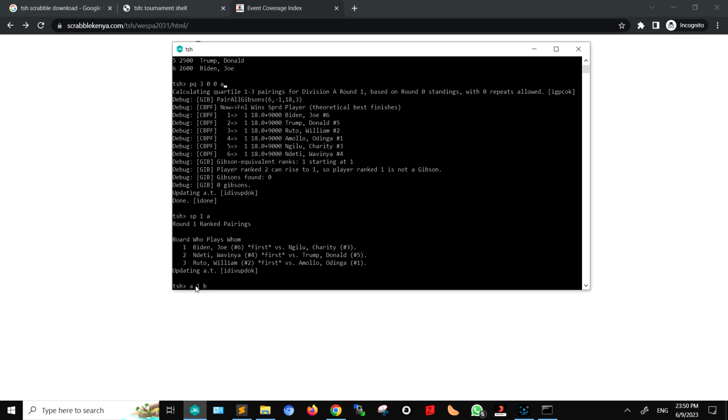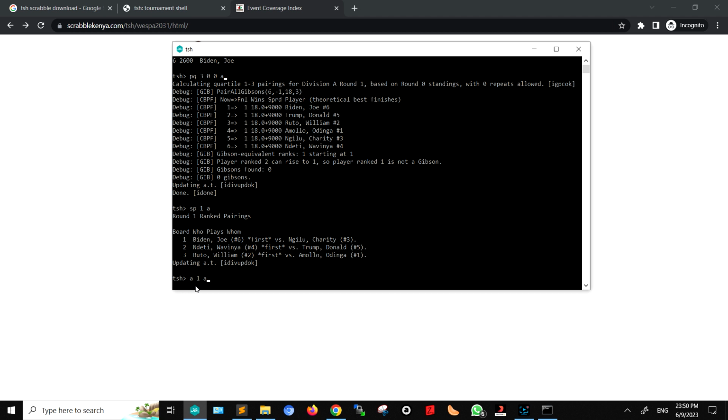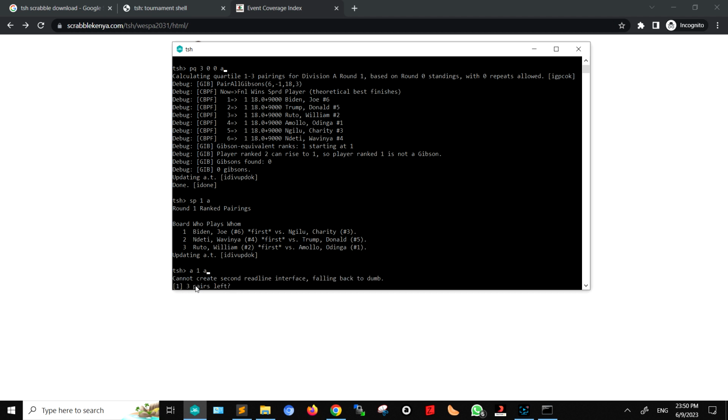If you have three divisions, it will be A1C for division C. Enter. So you have A1A. Then you take the player number, which is the number for Biden versus Ngilu. We have player number 6. Player number 6 will get